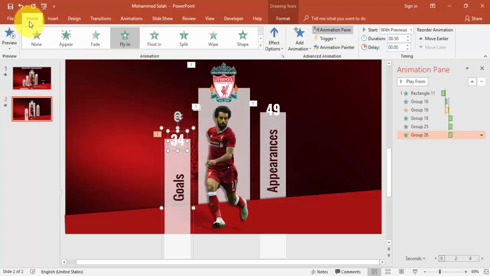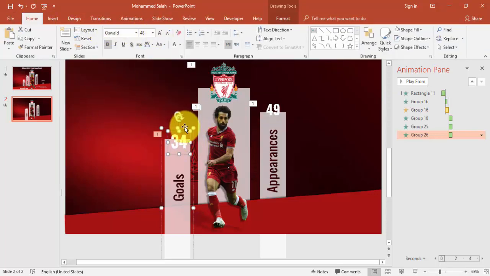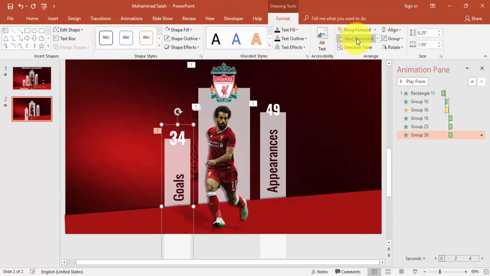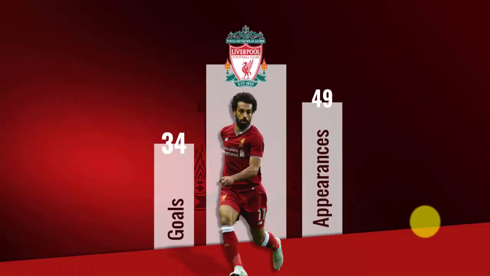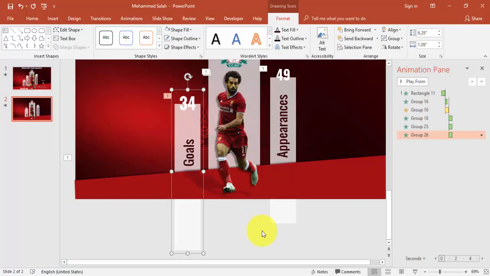If you want to increase the size, you can increase the size. Alright, so if you see here, again make it send to back, and alright, and then you can just give the